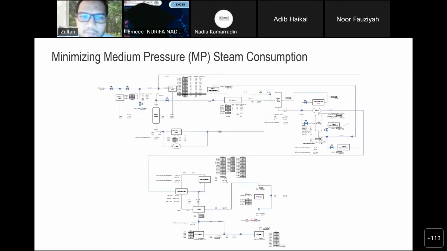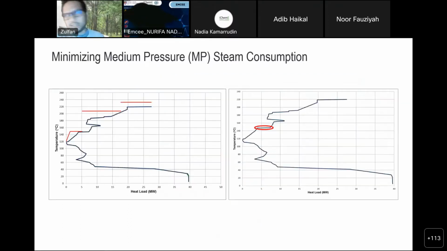So we have done here. This is then our heat exchangers in the plant, and there are many heat exchangers. This is in the steam system, so I make this mass and energy balance in Excel. This is one of our plants somewhere in China, where we move heat from above the pinch to below the pinch, so that it doesn't consume the energy, or at least it reduces the energy. In this case, you can see in the grand composite curve, this part is like